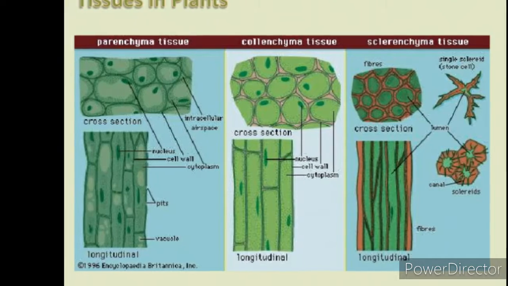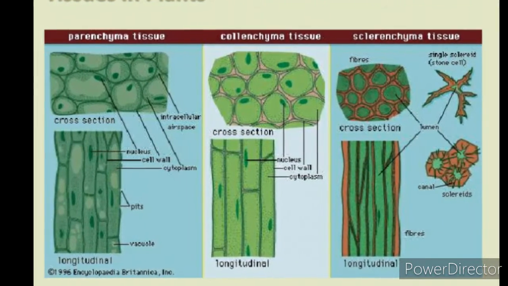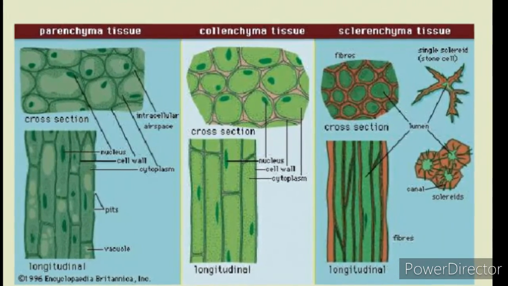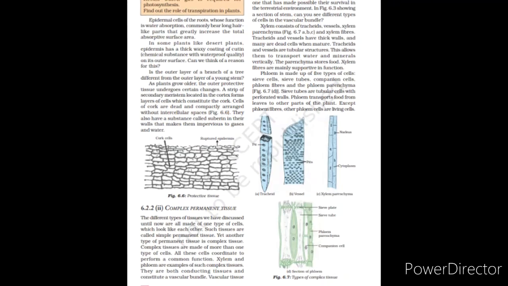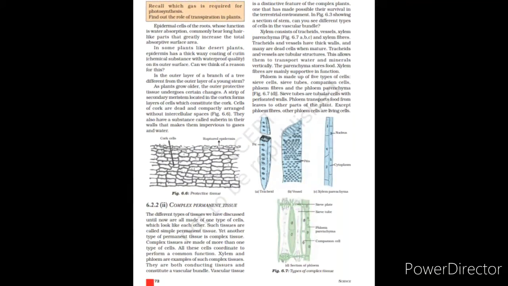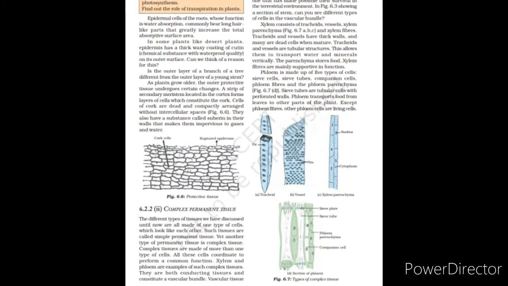We can observe small pores here and there in the epidermis of the leaf. These pores are called stomata. Stomata are enclosed by two kidney-shaped cells called guard cells. They are necessary for exchanging gases with the atmosphere. Transpiration, that is, loss of water in the form of water vapor, also takes place through stomata.